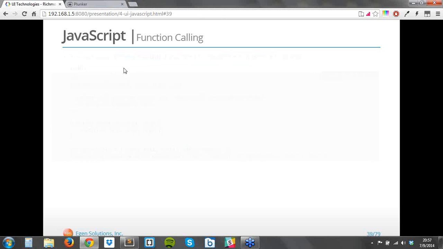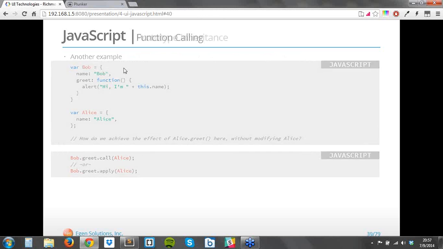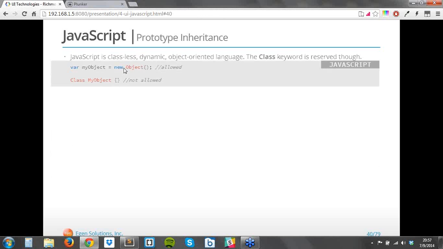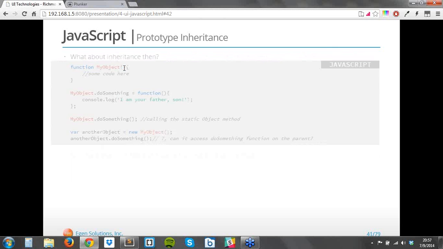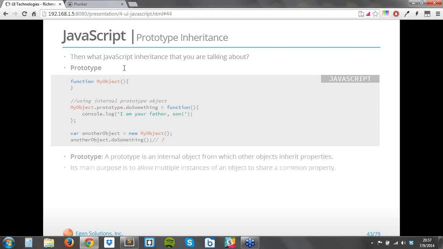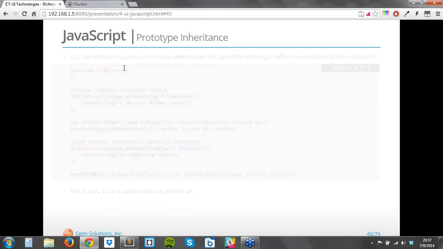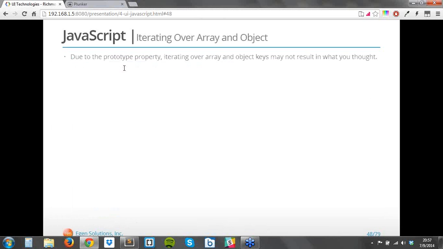So we will go through that one, probably just half an hour at the start, and then we will start prototype inheritance, one of the most important concepts in JavaScript. So tomorrow you will have another heavy duty class, so be prepared for that one as well. We'll go through prototype inheritance, and that's it that we'll be doing tomorrow, and then on Friday